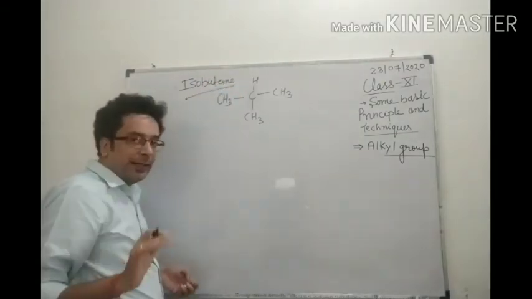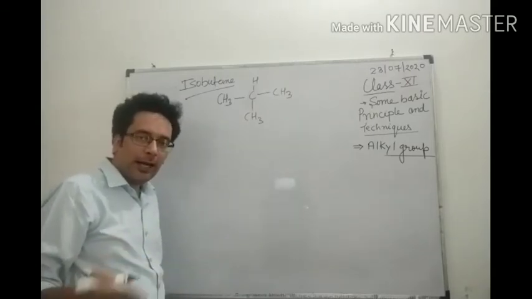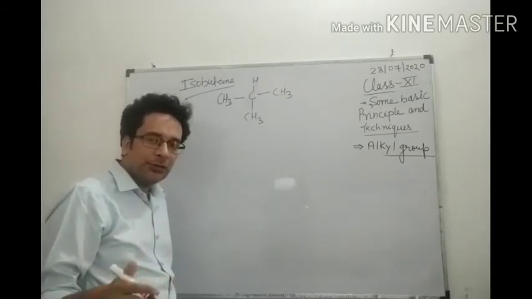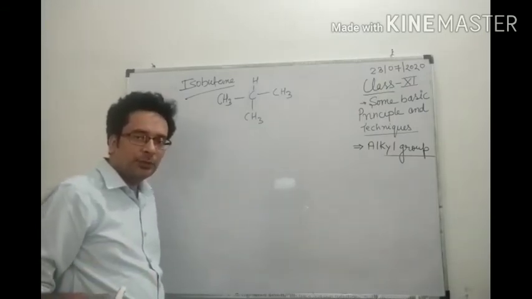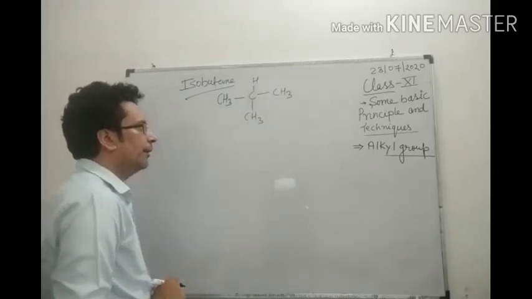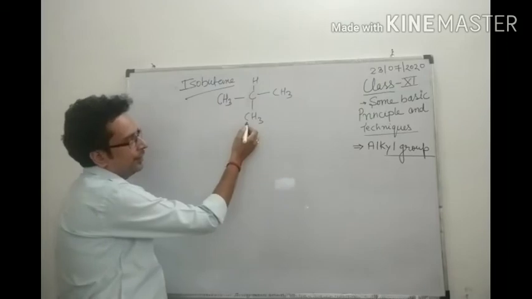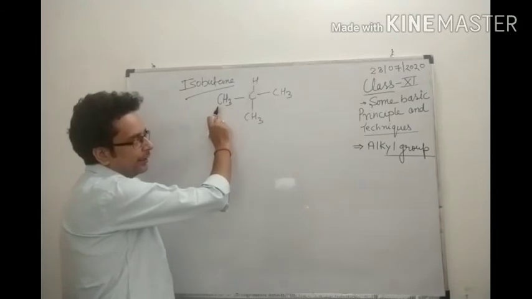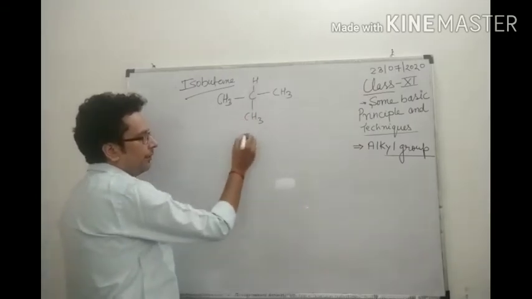Keep in mind for branched structures, either neo or iso. When the second carbon contains only one methyl group, then that is iso, and when the second carbon of the chain contains 2 methyl groups, then that structure is known as neo. So this is the structure of isobutane. Now look here, this is a primary carbon, this is a primary carbon, and this is a primary carbon, because each is directly combined with one carbon.